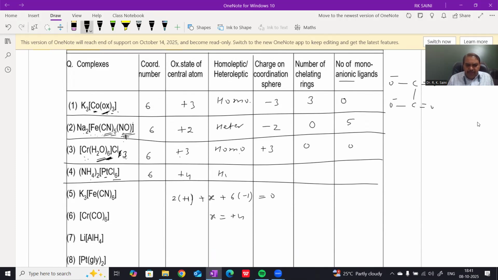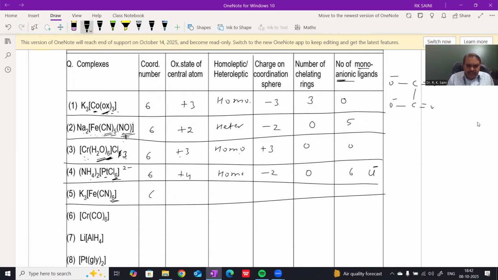It is also a homoleptic complex because all ligands, particularly chloride ions, are attached to the central atom. Therefore, it is also homoleptic. Charge on the coordination sphere, after removal of 2 ammonium ions, is -2. Chelating ring is 0 because all ligands are monodentate. Number of anionic ligands is 6, and these 6 ligands are chloride ions. Mono-anionic ligand means mono-anionic chloride ion. In the next question,